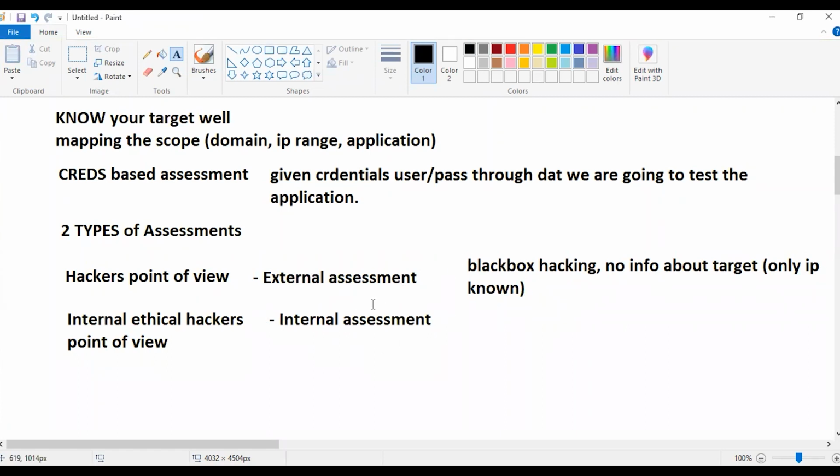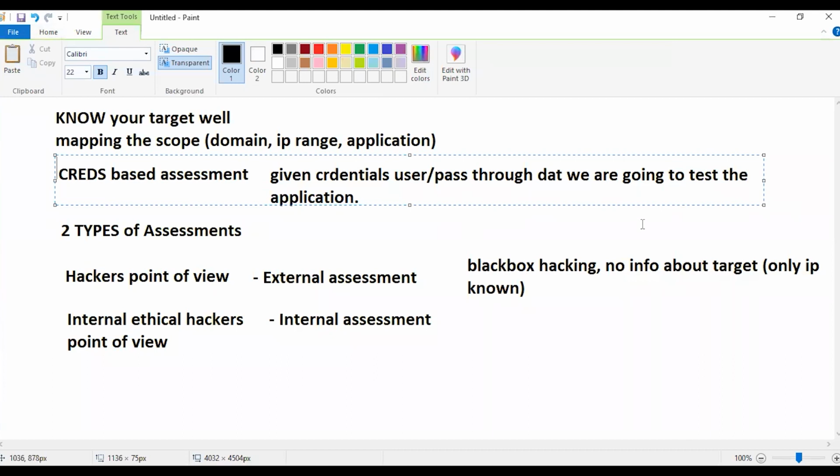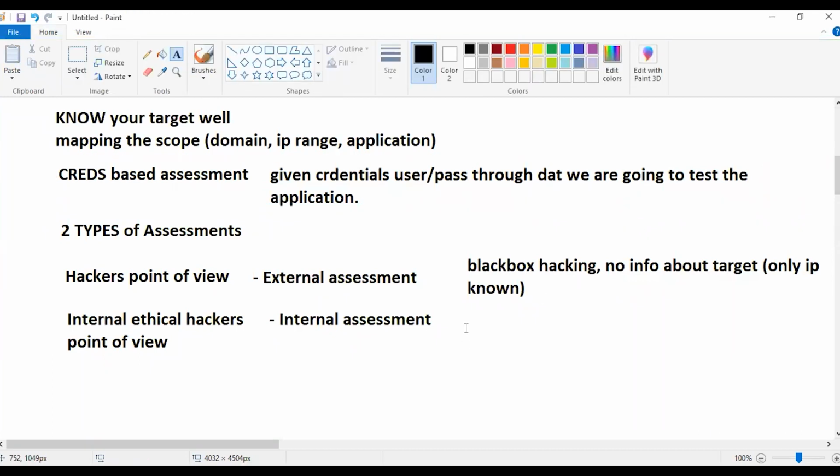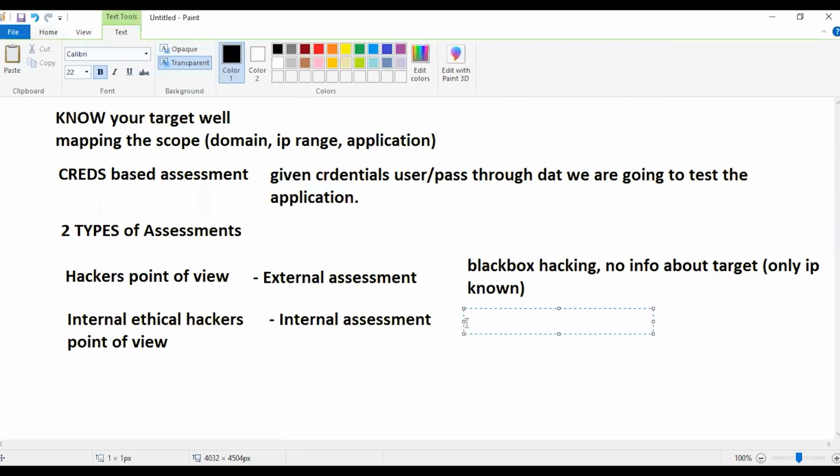In internal assessment, you will be given a credential based assessment. You'll be given a username and a password, and through that username and password we're going to be testing. We're going to test that application, and we're going to show the impact of having those risks, using